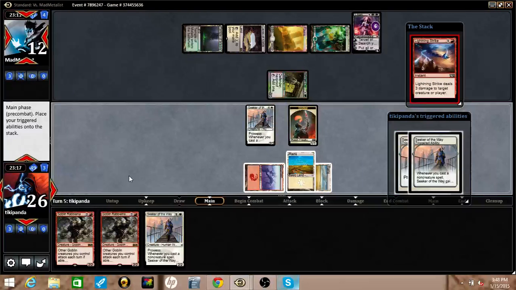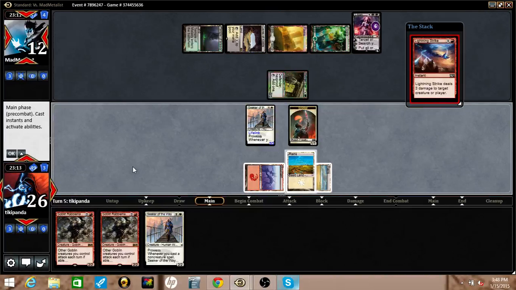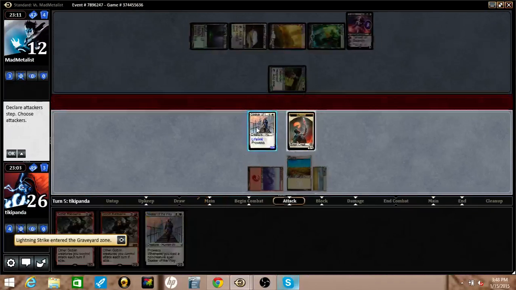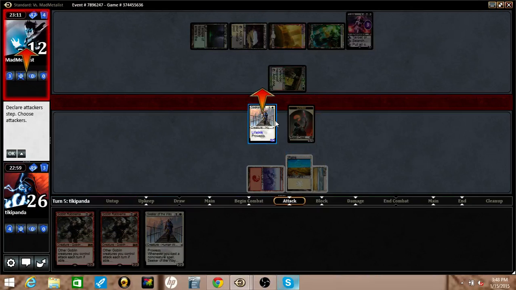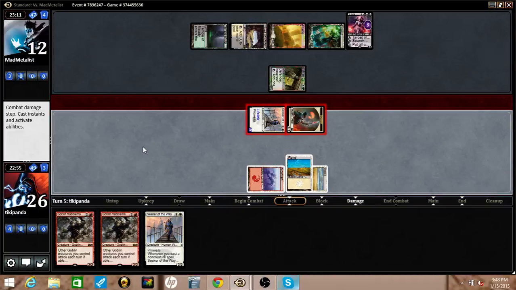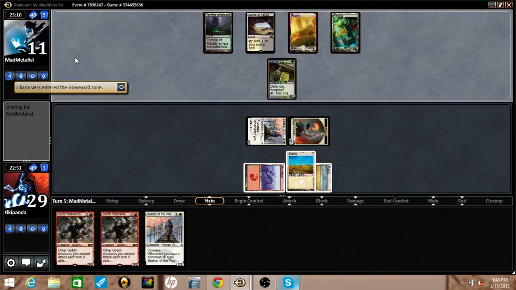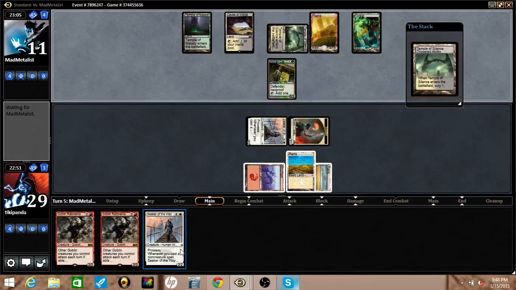I will... not redirect. Oh, I did redirect? Oops. Okay, well, in that case, I'm going to go ahead and attack Liliana. I meant to click not redirect. So my opponent would be at 5, and I would be threatening a lot of damage. But